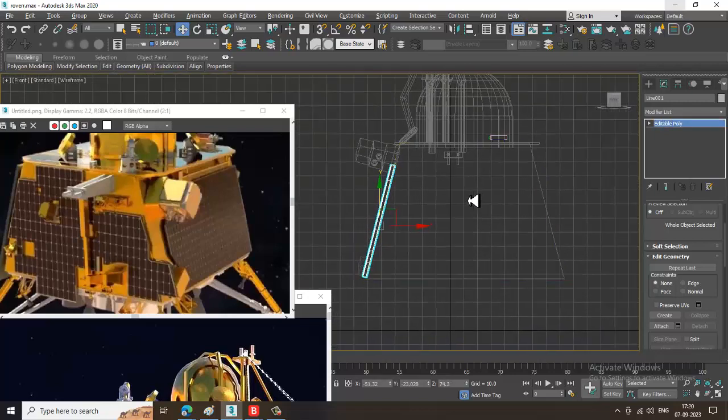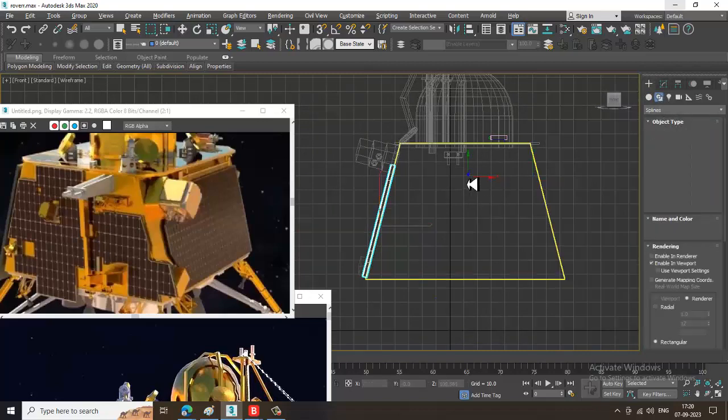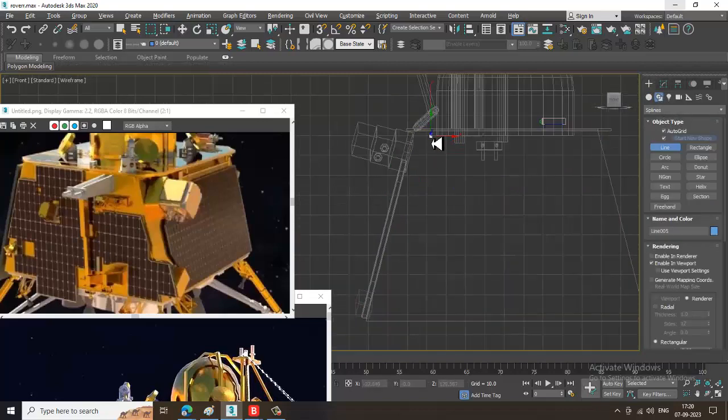Alright, so let's again take a line tool, just drag a line, like this, push this a bit out, drag it inside,